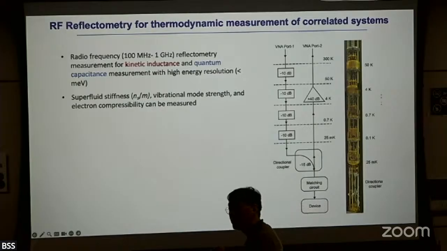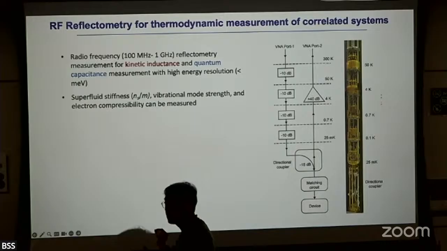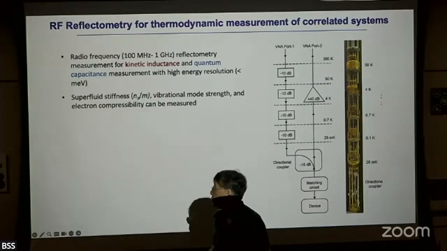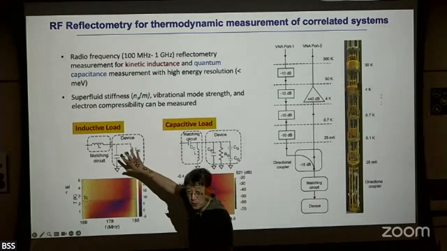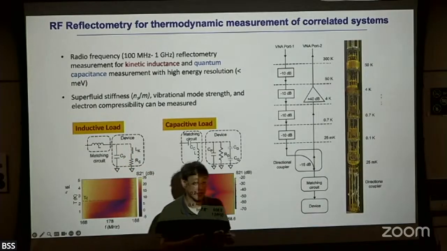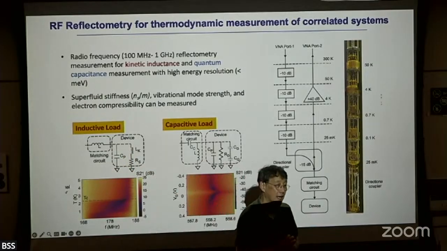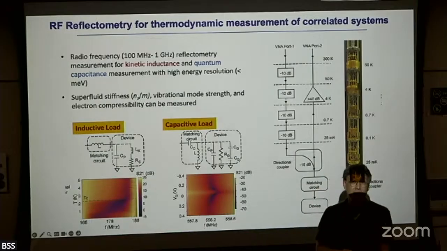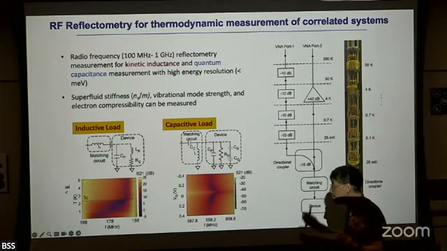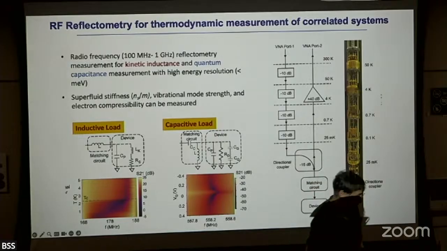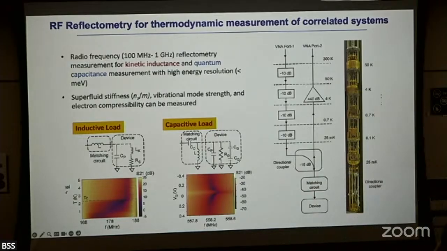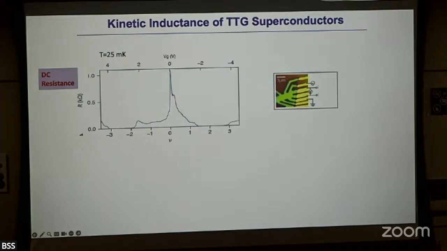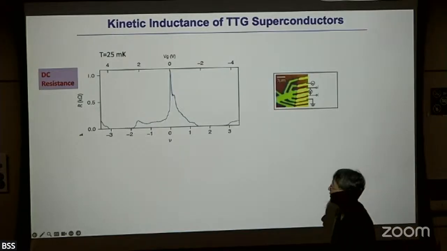So to deliver the correct amount of microwave power in there, you have to go through the microwave circuitry, the so-called matching circuits, such that I can deliver the power over this long distance to the sample, and also get the power out. All that is technical difficulty. You don't have to appreciate it, but it's a harder experiment than DC measurement, right? But at the end of the day, this is basically what the data look like.